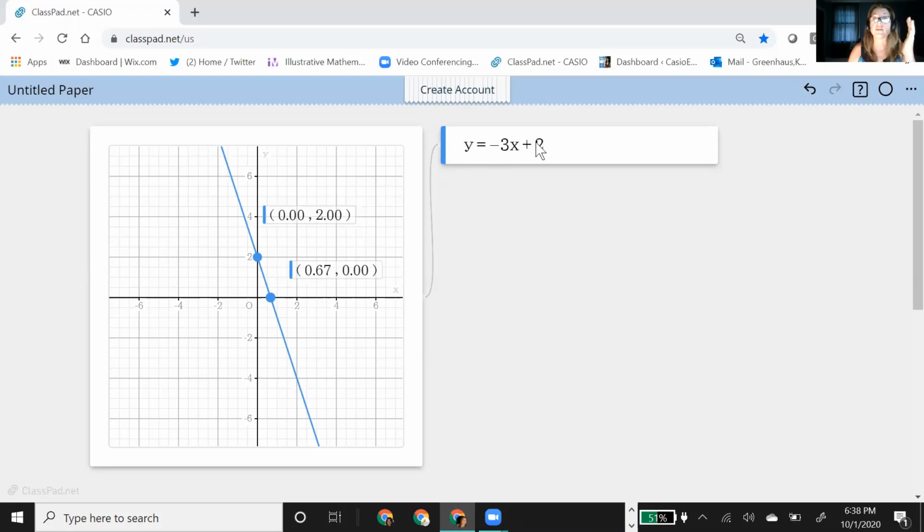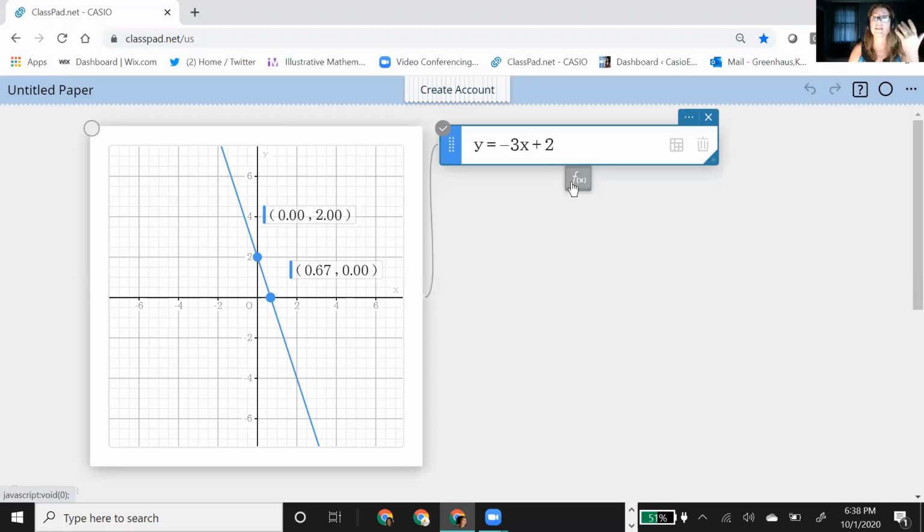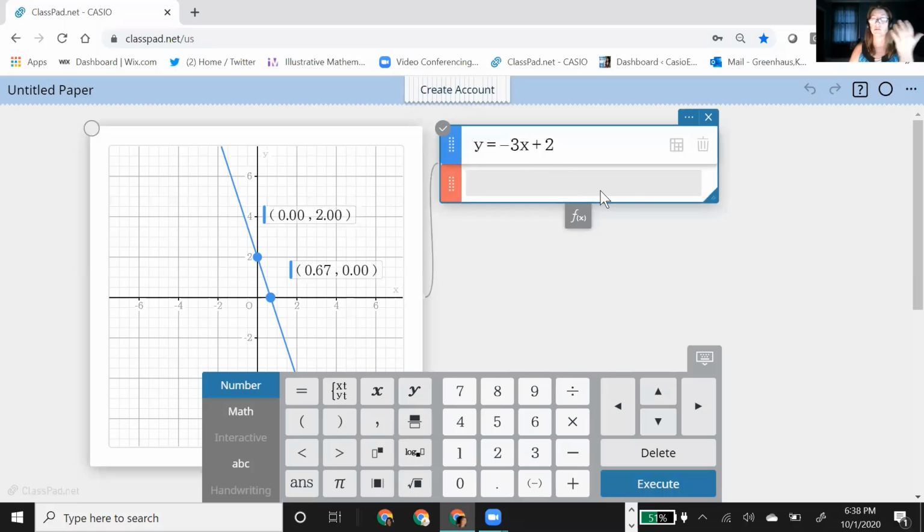So what I want to do is, okay, so we've got this point. I want to now, instead of using numbers, do the same linear slope-intercept form, but this time I'm going to use variables. So you could use whatever variables you want, except for obviously x and y, because they already have their own purpose. So what do we normally teach students? We use the variable m to represent slope. I don't really ever understand why we use m. I think it should be s. And then we use b to represent the intercept. So I'm going to use those.